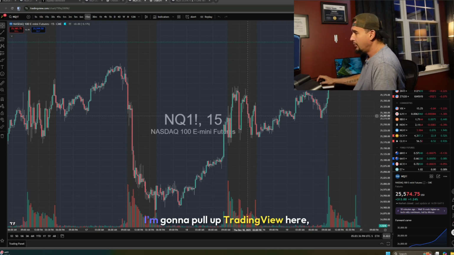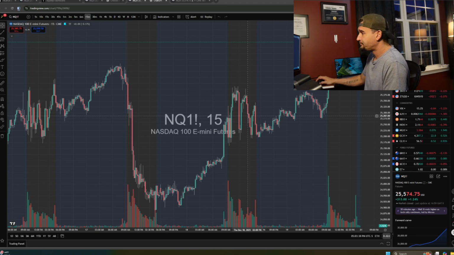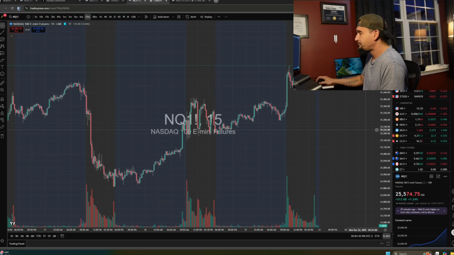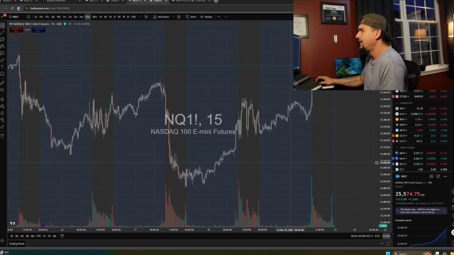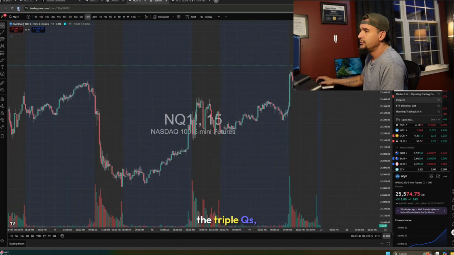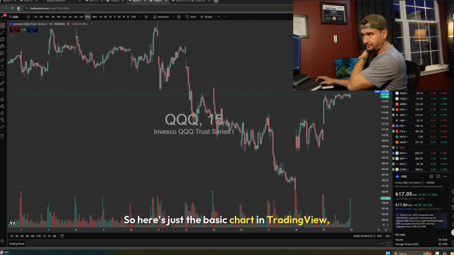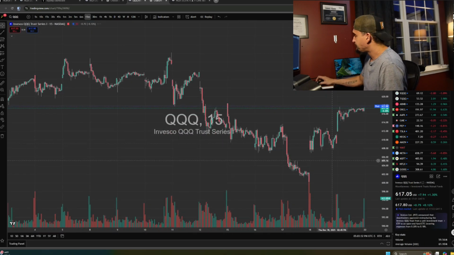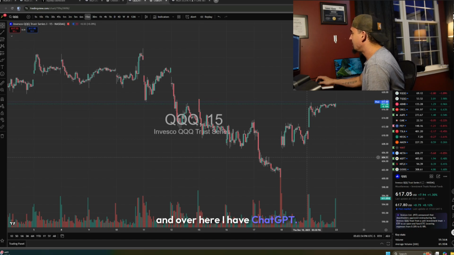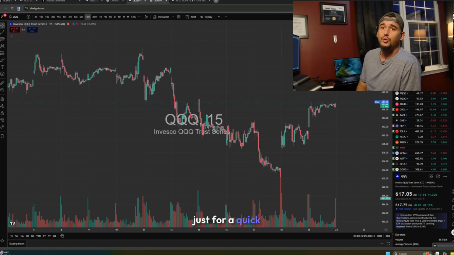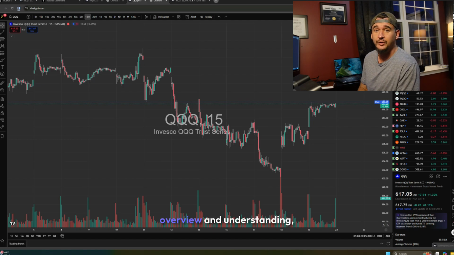So without further ado, I'm going to pull up TradingView here, and we are going to take a look. We'll go with the triple Qs, which is essentially a NASDAQ. So here's just a basic chart in TradingView, and over here I have ChatGPT. So first of all, just for a quick overview and understanding,